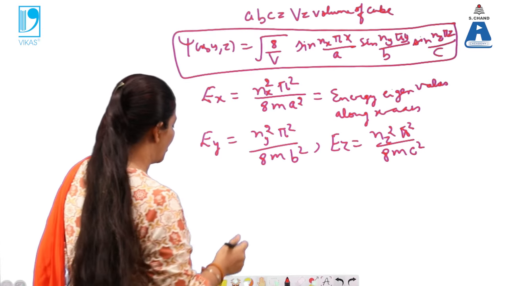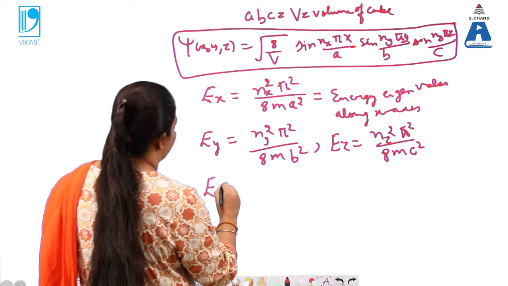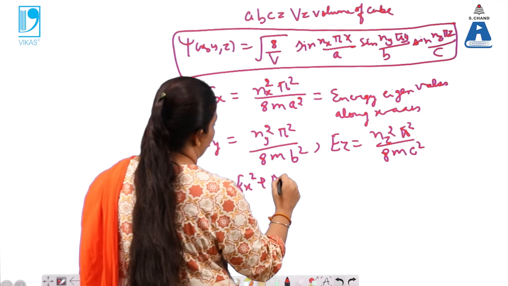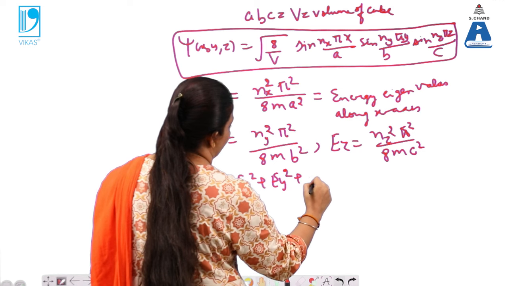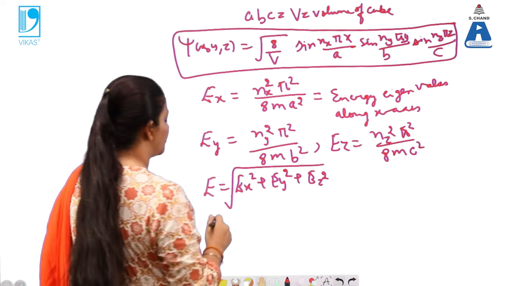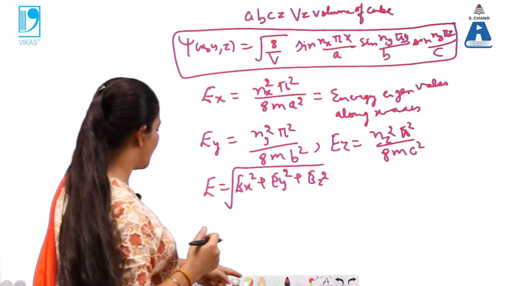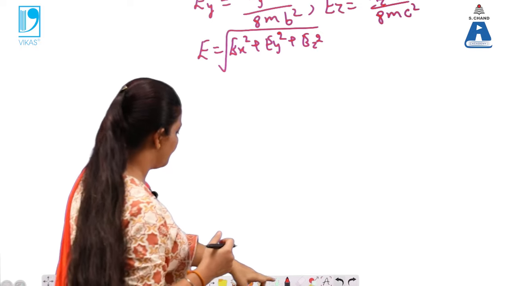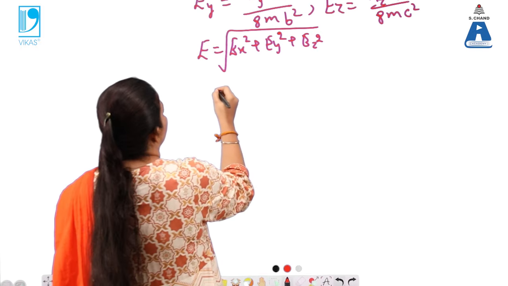So the complete value of the energy will be the sum of Ex, Ey and Ez. So this is the value of energy for the particle trapped in the 3D box. Now we will write it over here. So the energy can be written as,